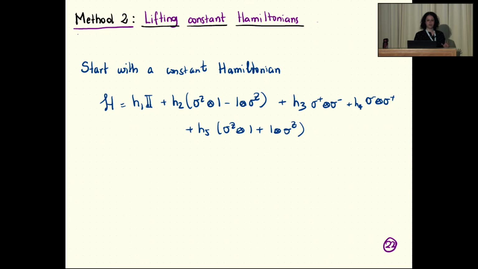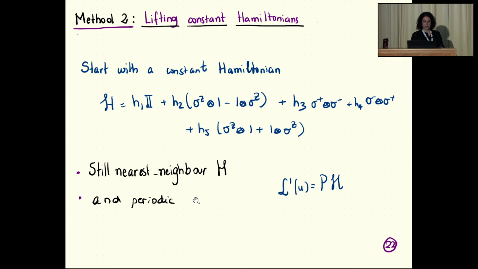For the method, we will start now, like always, with a constant Hamiltonian. This example is just some 6-vertex Hamiltonian, like this. It's still nearest neighbor at this point, so I will explain the method for nearest neighbor first, and then say how it is modified. We still consider a periodic chain and regularity, but always constant now.